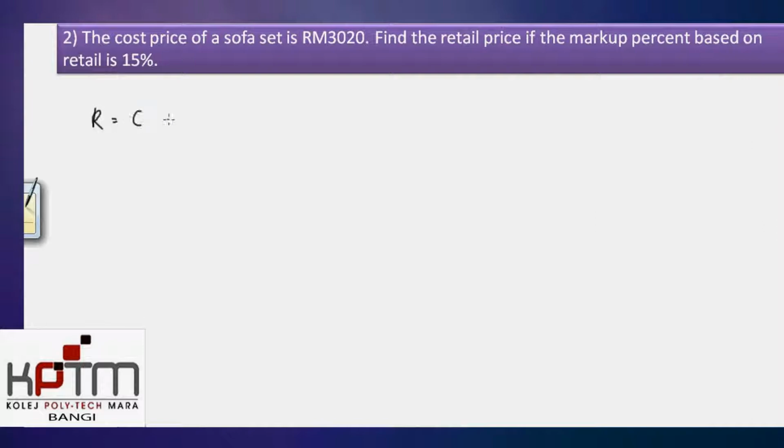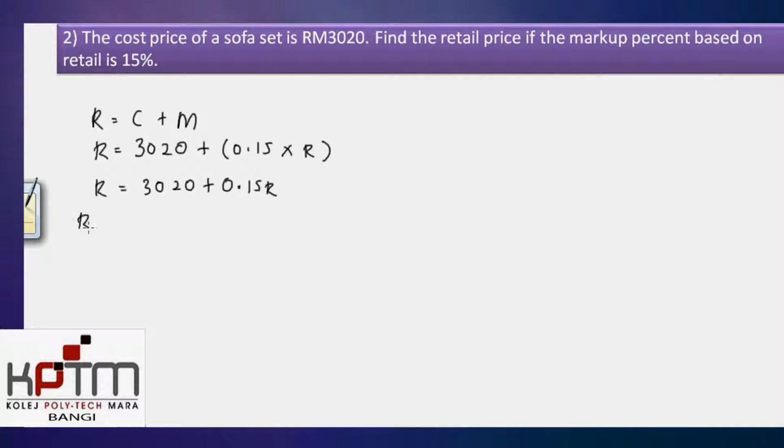R equals C plus M. So to find R, cost price is 3,020 ringgit plus markup 15% or 0.15 multiplied by R. So R equals 3,020 ringgit plus 0.15 R. Bring R to the left, so R minus 0.15 R